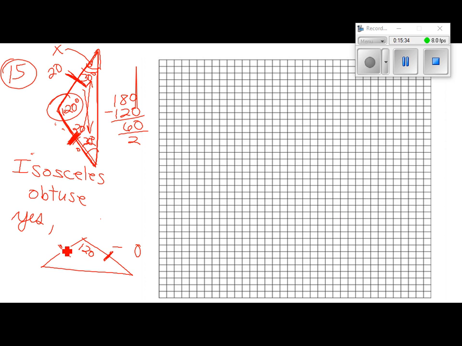Can a triangle be a right obtuse triangle? No. Can a triangle be an acute obtuse triangle? No. Can a triangle be